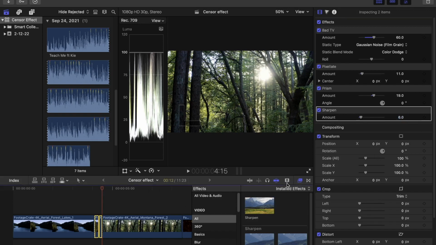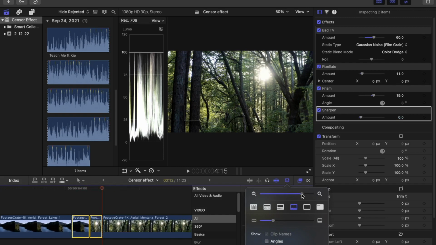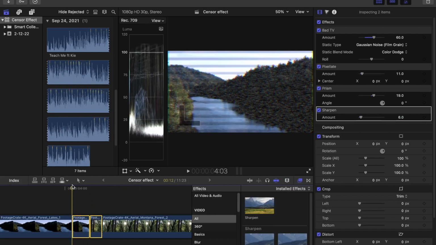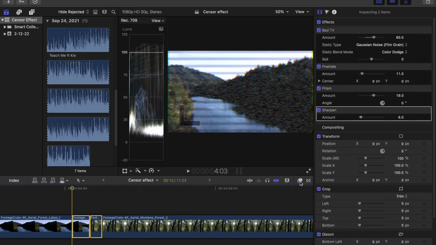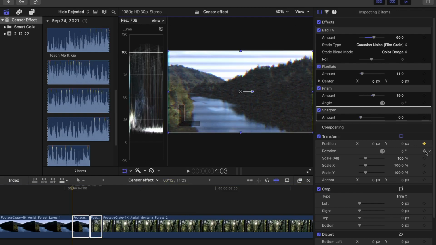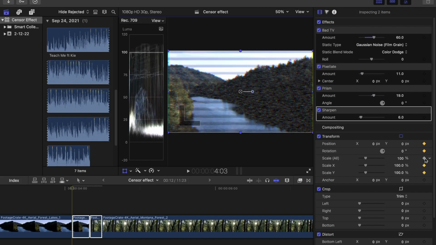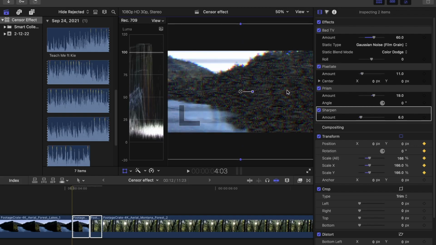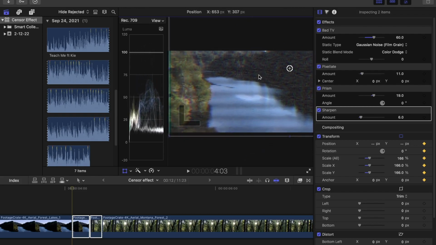Next thing we're going to do is elongate our clips, and we're going to go to the beginning of the clip up here, and we're going to exit out of the effects first, but after that we're going to go to transform, I always add an S, transform, and we're going to add keyframes by position, rotation, and scale all. From the beginning of the clip right here, we are going to scale all a little bit to the right, and we're going to move it around,